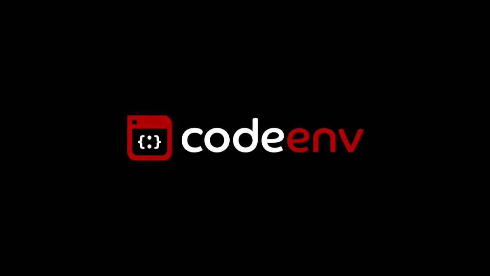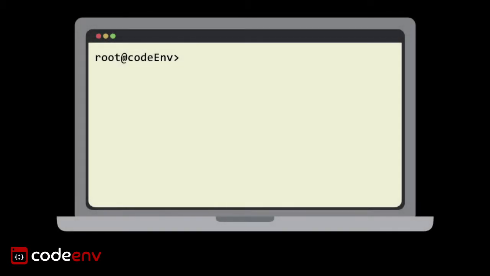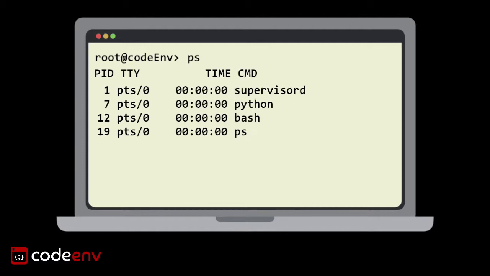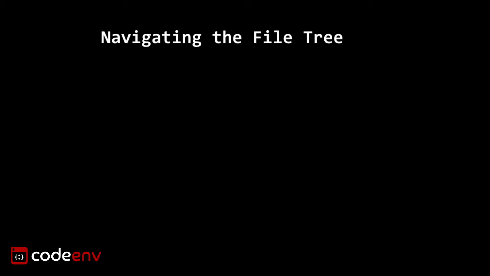Welcome to CodeEnv. In this course, we will be looking at the command line. The command line is a text-based program that allows you to interact with your system. Learning the command line involves learning how to use different commands and understanding their output. To give you an overview of what we'll be learning, we'll start by learning how to navigate our way around